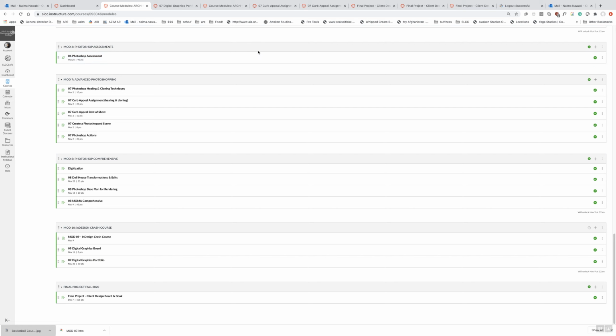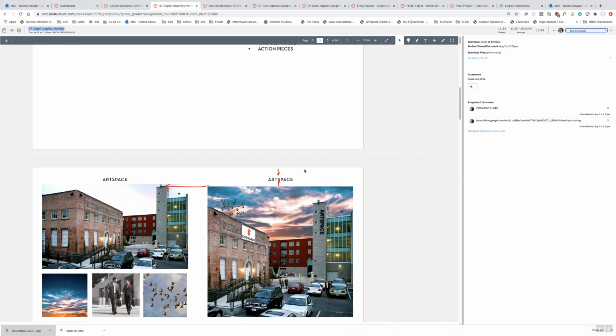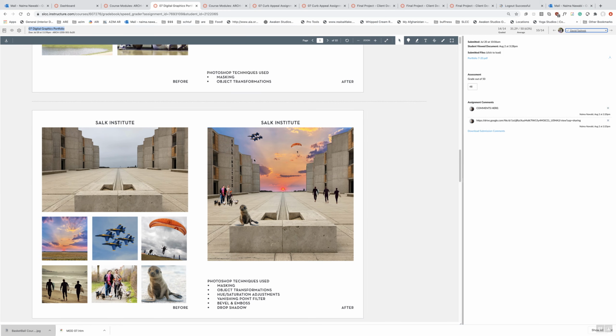There's two different boards and portfolios. One of them is something they create for a fake client, and then another one is a portfolio for the work that they do in this class. So I have some of these pulled up here. These are their rough drafts, but this is kind of what it looks like. So I tell them what projects to add at a minimum, and then I also have them add stuff from outside of class. So I did see lots of sketches in here from other classes,